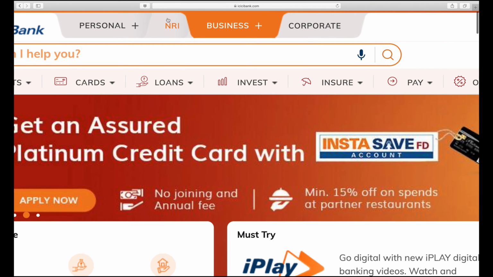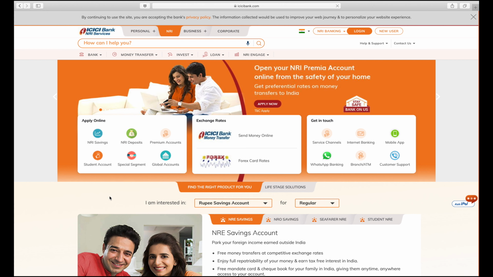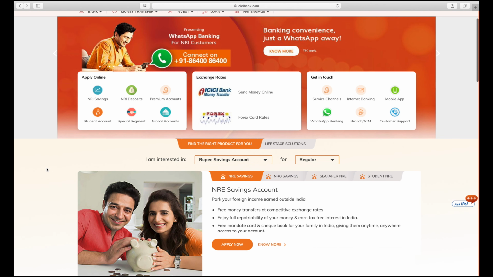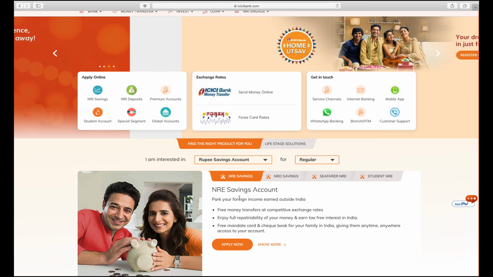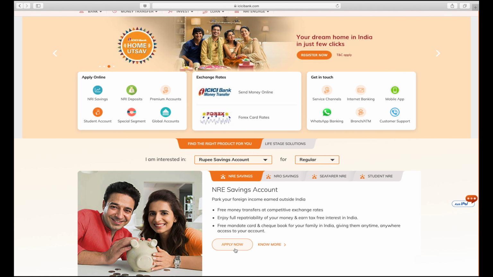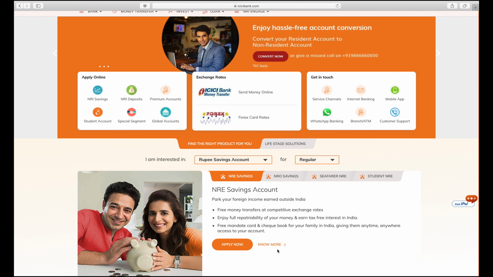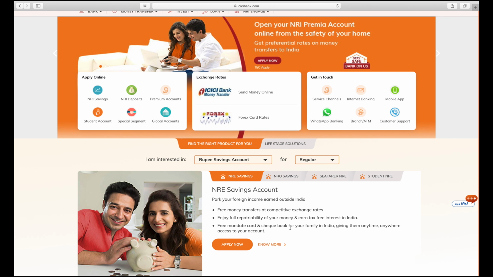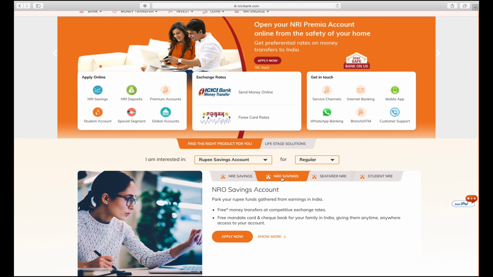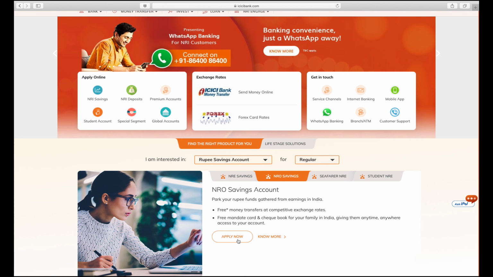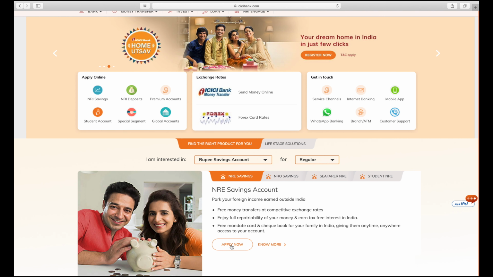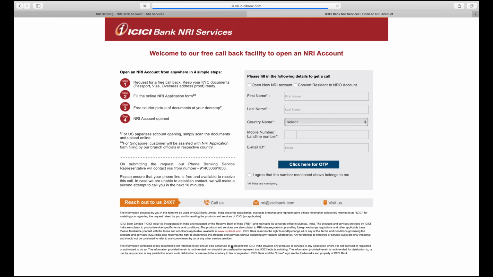Click that NRI link and it opens the NRI homepage, where you see NRE savings with a brief description of what an NRE savings account is, and an apply now button. If you click and read about it, you can know more details about this NRE savings account. Similarly, you have an NRO savings account link and an apply now button here.